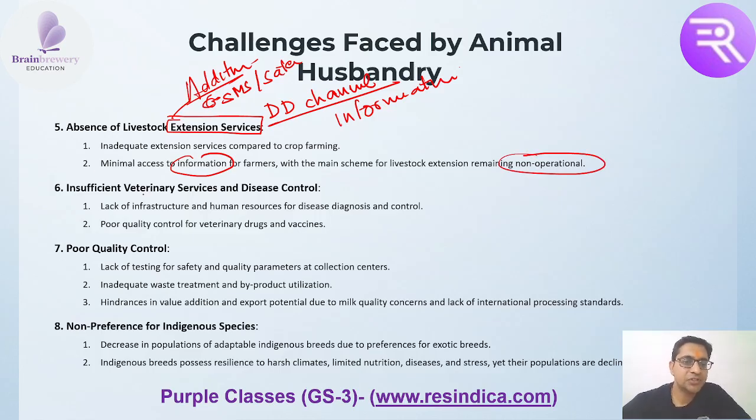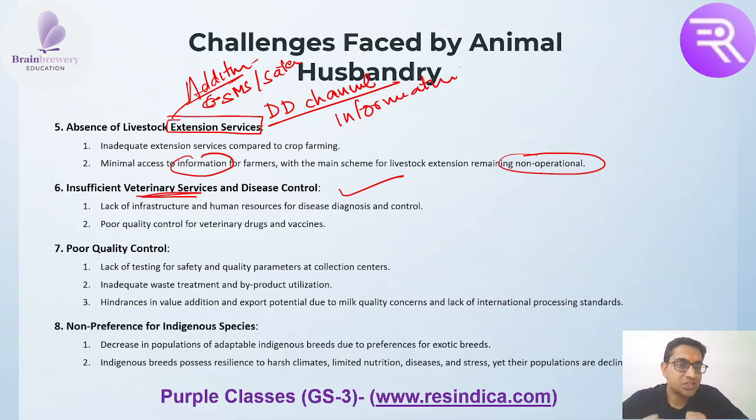Then insufficient veterinary services, because normally in India we have doctor shortage issues even for normal human beings. So there is a much wider issue of veterinary services and disease control services in our country, because infrastructure is lacking. At the same time, proper supply of doctors in this special area of the field is not there. Because of that, whenever any outbreak happens, it takes a lot of time to control it,